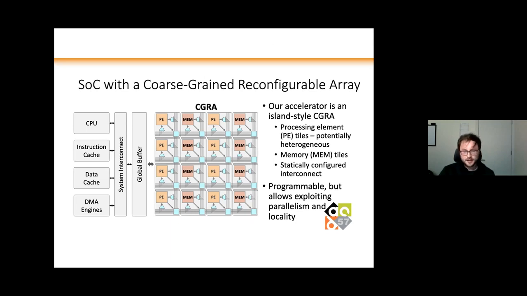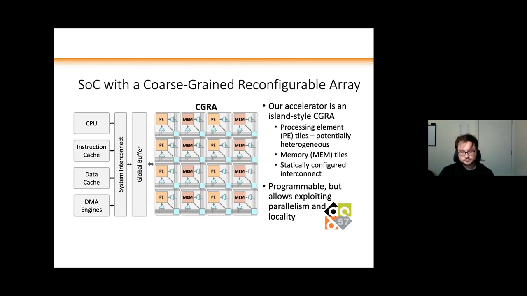Essentially, the architecture is basically a coarser grained version of an FPGA. FPGAs, field programmable gate arrays, are programmed at bit level precision, so you can configure exactly what every single bit is doing using lookup tables and then direct bit level routing. A CGRA is configurable at the word level, where word means either 16 bits or 32 bits or something that's more coarse grained than a single bit. In addition, we also have the ability to potentially support multiple bit widths, including single bit or word level. And so this coarser grained reprogrammability reduces the power and area overhead while still having enough customizability for a